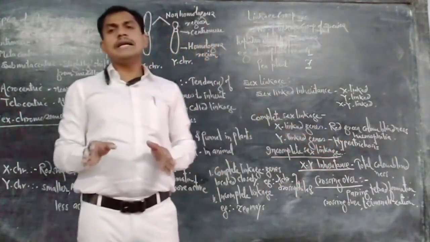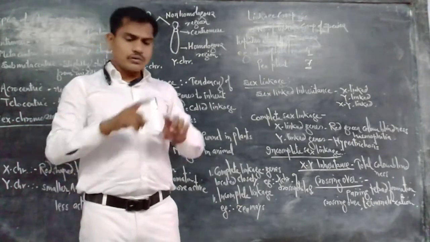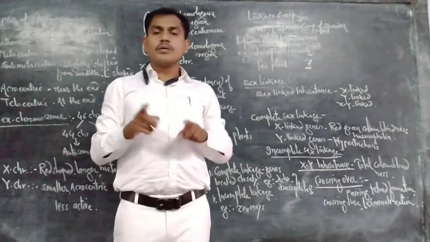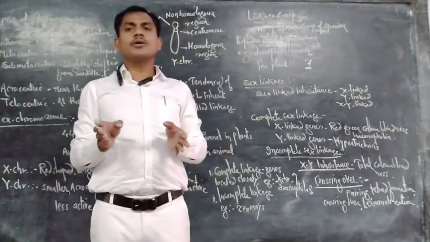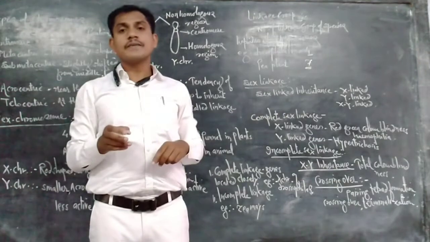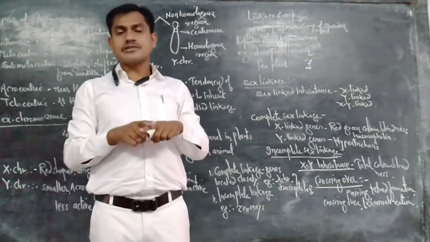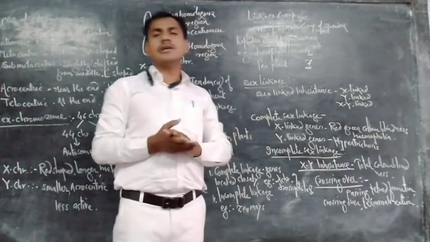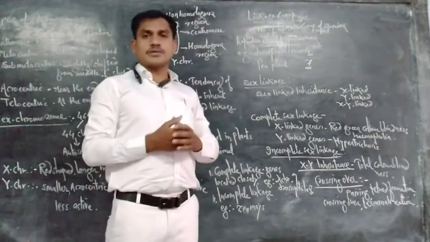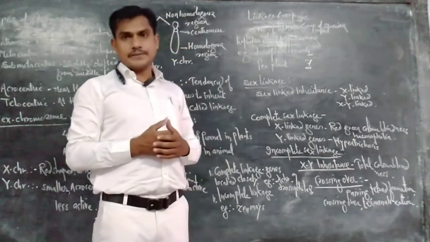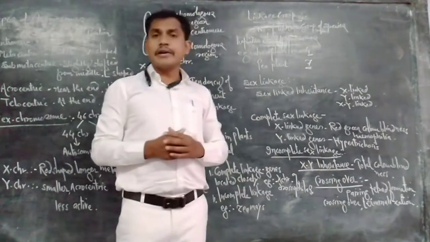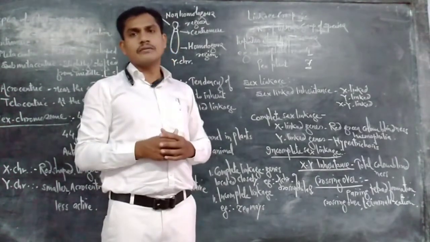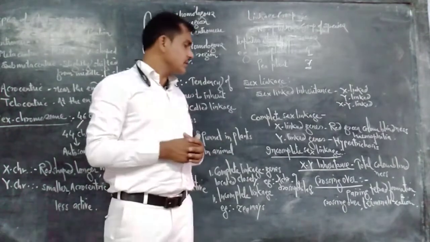This exchange occurs here, and that process is called crossing over. This process occurs only during meiosis. The genes present on chromatids of homologous chromosomes get exchanged here. This crossover process is very essential for the evolution process, for natural selection. Crossing over leads to variation and is very helpful in natural selection. This one is crossing over.